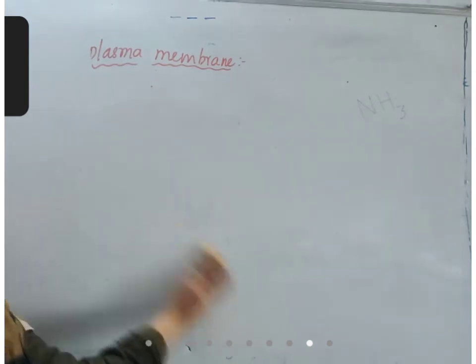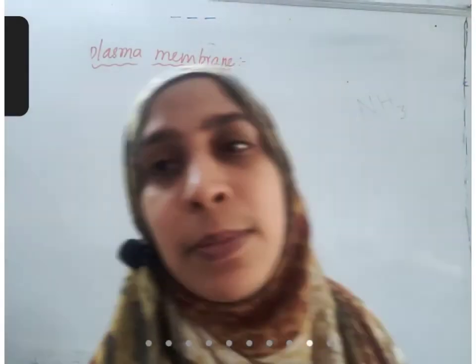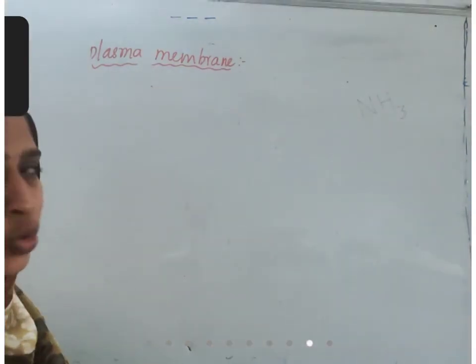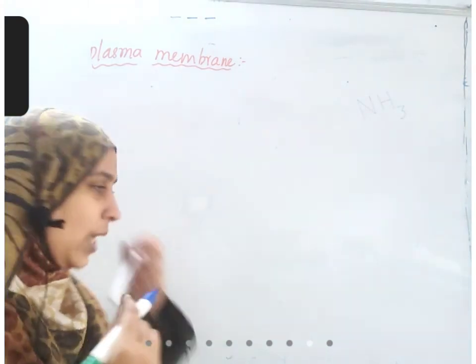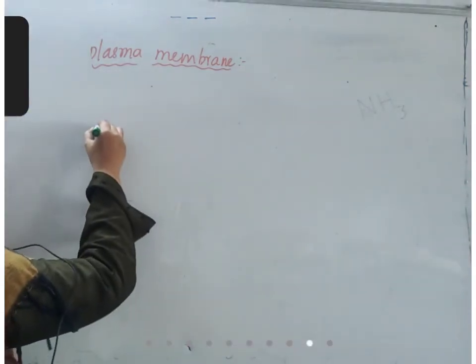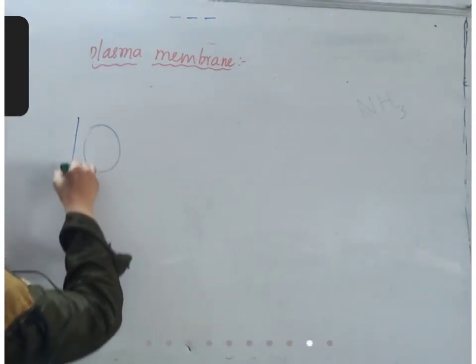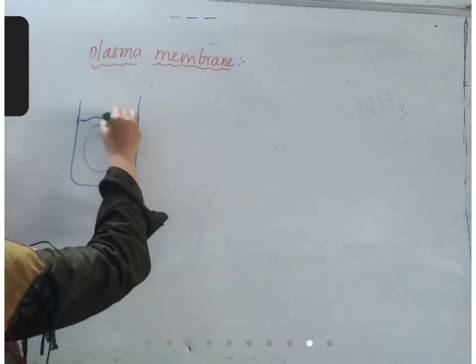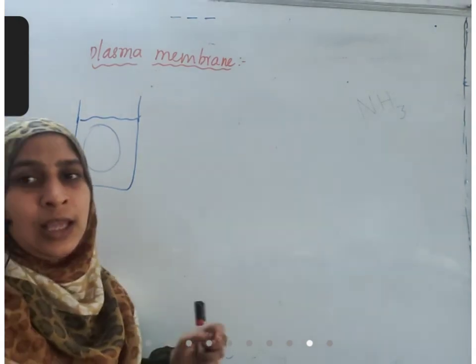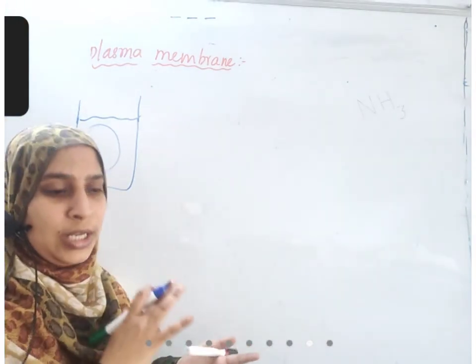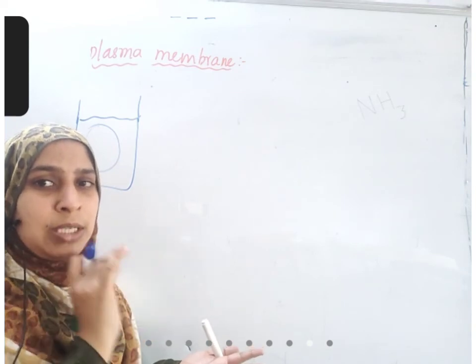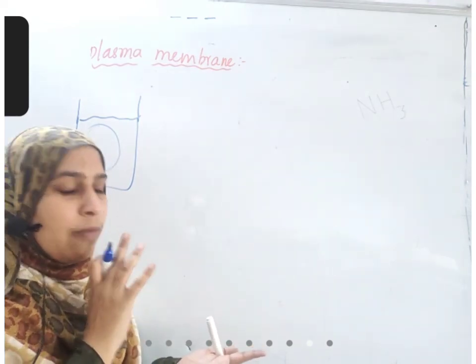Or if you do not hesitate to do this experiment with a real cell membrane, you can, but you need to use an egg. Those who do not have any hesitation to use an egg can do this experiment. You need to take one egg and put it in dilute HCl. From where will you get dilute HCl? The acid that is used to clean the floors of washrooms has acid in it. Or you can use vinegar also.